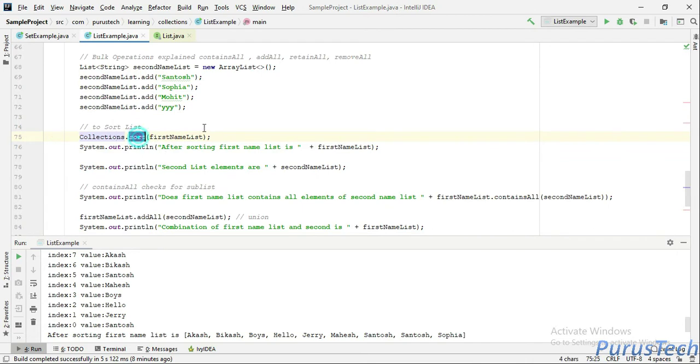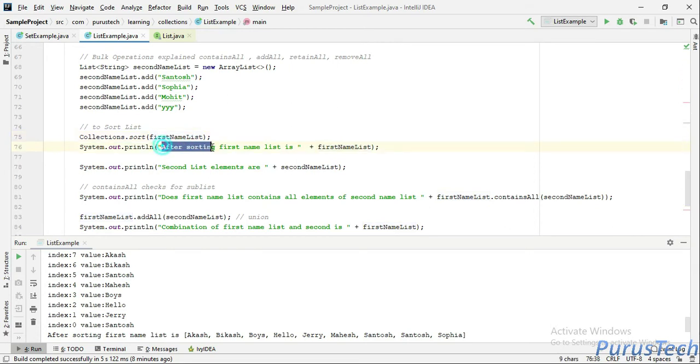Here the sort method is used to sort the elements in the first name list. Whatever the list contains will be sorted, and this list will be refreshed or replaced with the sorted list.